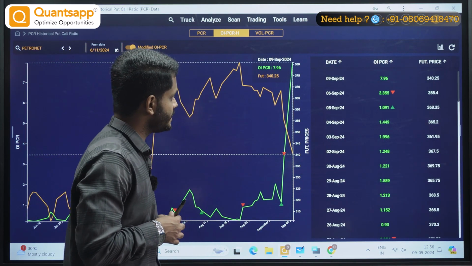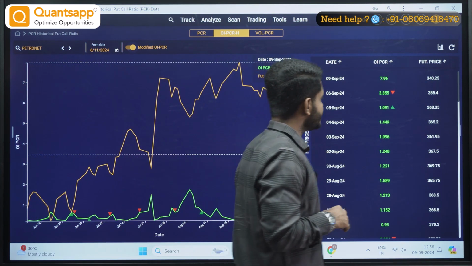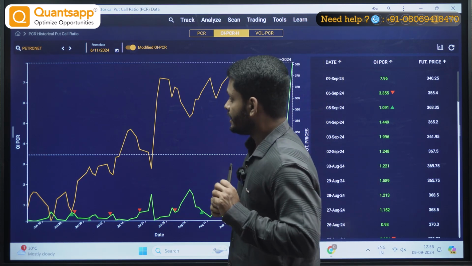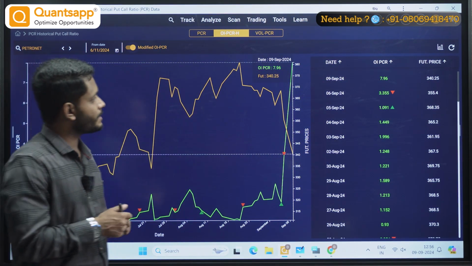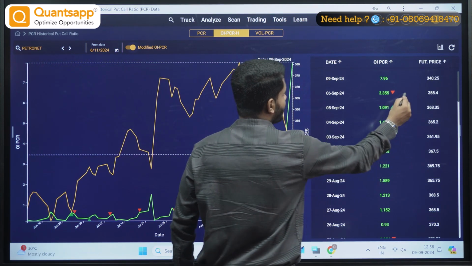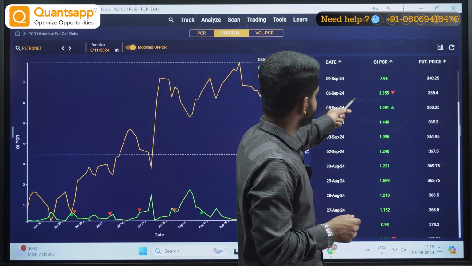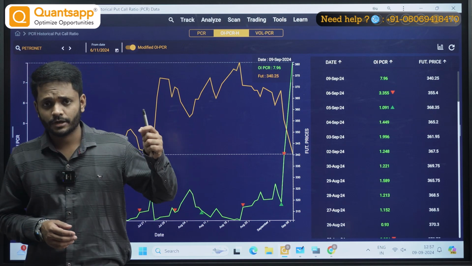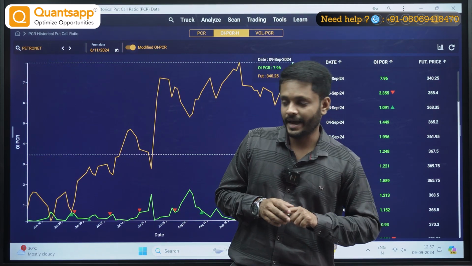So here what you can see is, you will be getting two kinds of signal. One is a red triangle and another one is a green triangle. If it is a red triangle, that is indicating bearishness. If there is a green triangle, it is indicating bullishness. So on 6th September, I could see a small red triangle in Petronet. The stock is Petronet. On 6th September, I could see a strong red candle, correct? Not a red candle, a red triangle. Okay, so that is an indication of bearishness.